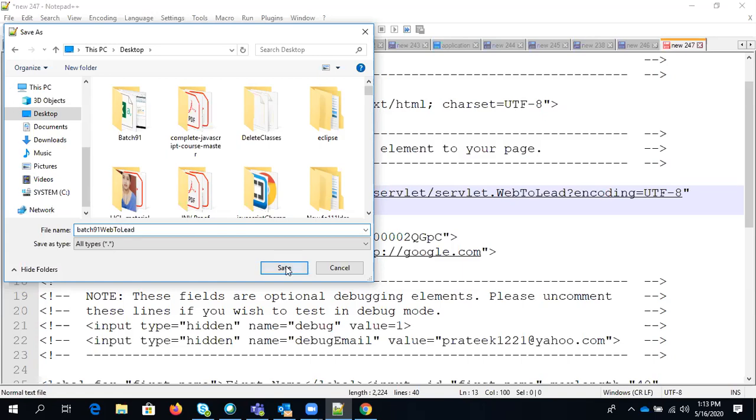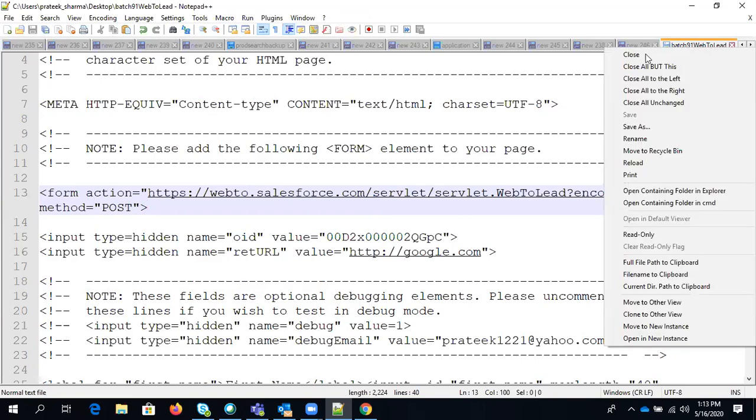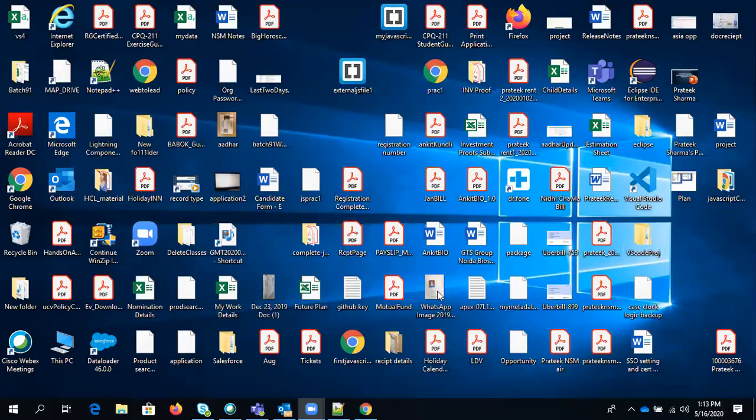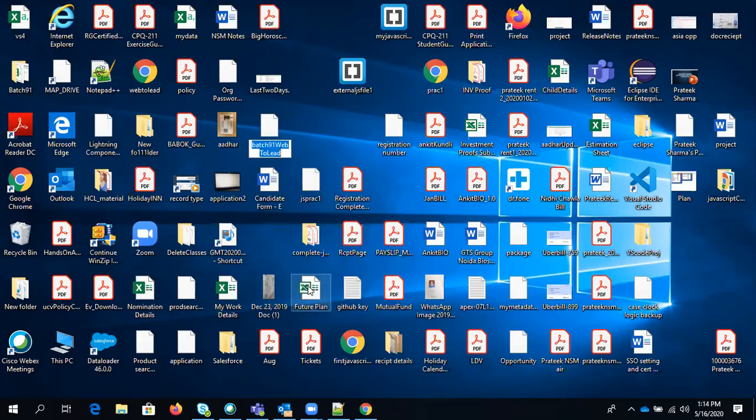But we have saved it with another extension, so let me modify it. Where is it, batch 91, right? This one. I'll rename it, or you can just make it .html, right? So I've saved it with the .html extension.